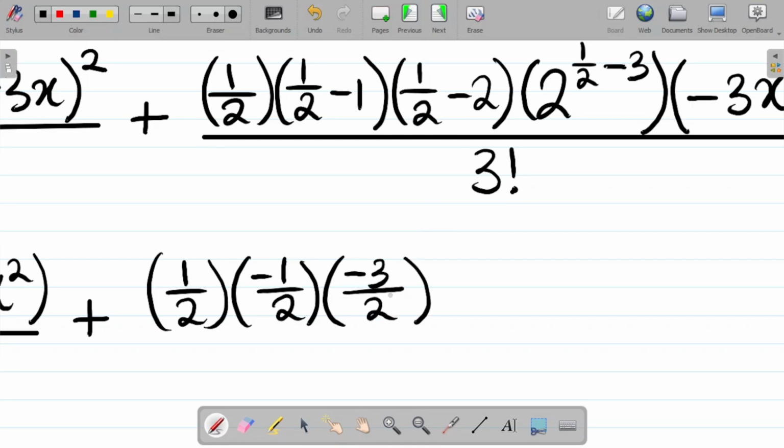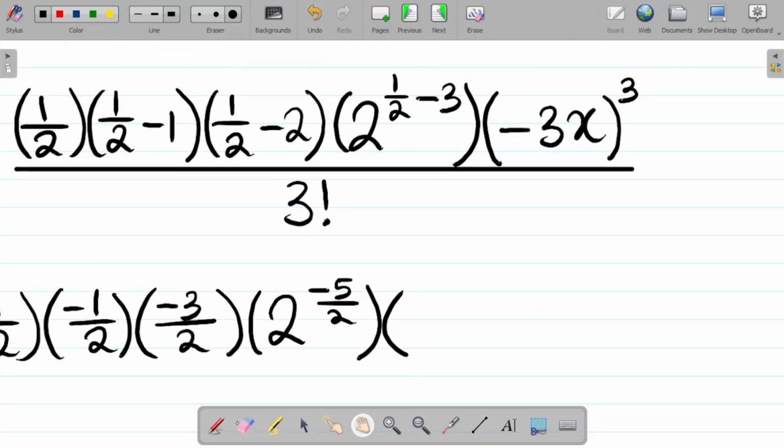Next up, it becomes 2 to the power minus 1 over 2. This one here, 1 over 2 minus 3, becomes minus 5 over 2. So minus 5 all over 2. I said you could use your calculator to punch this, or you could solve it. You have this answer. Finally, I have this minus